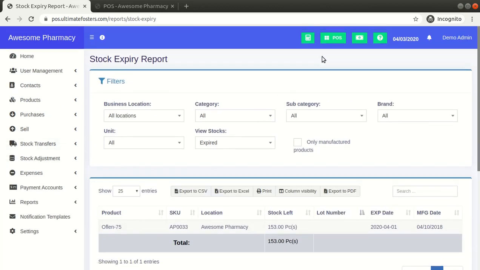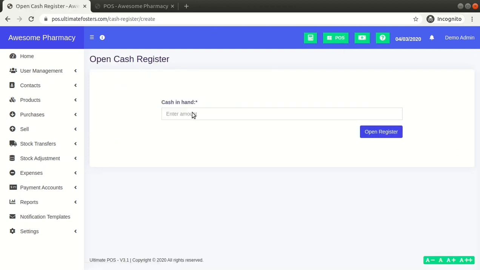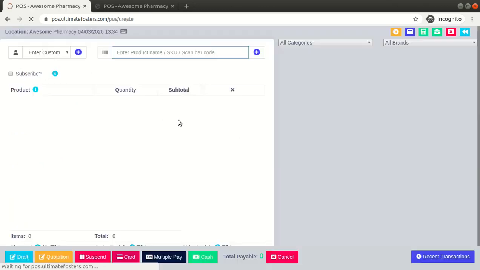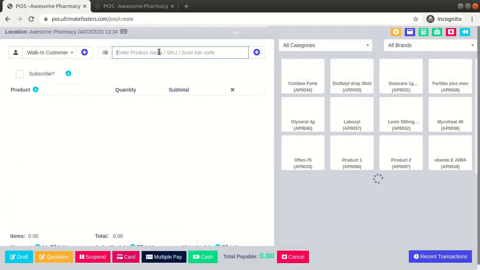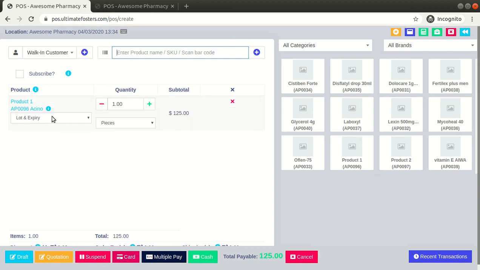Okay, so let us go to the POS screen here. In the POS screen, I will enter the product name. After I have entered the product name, it is adding the product here.